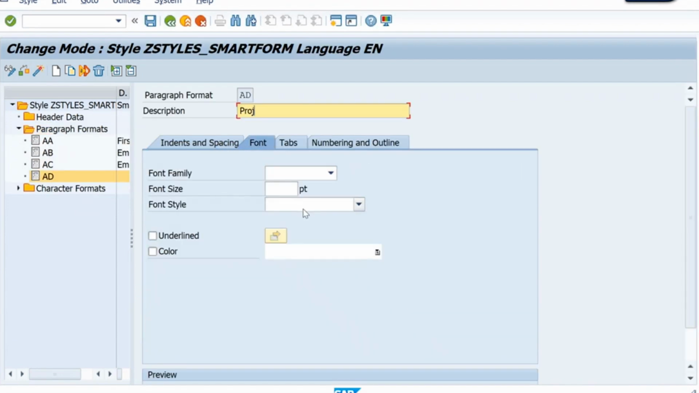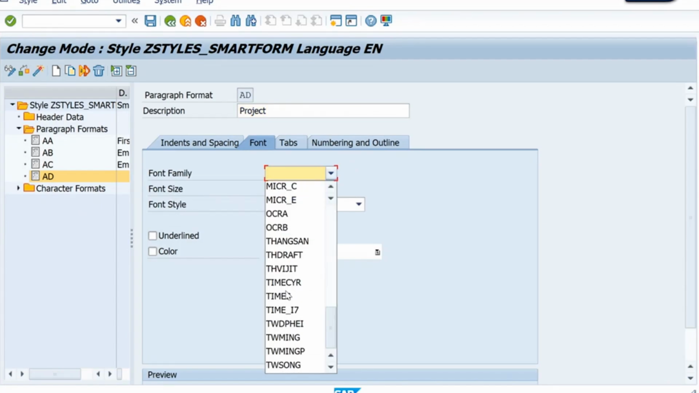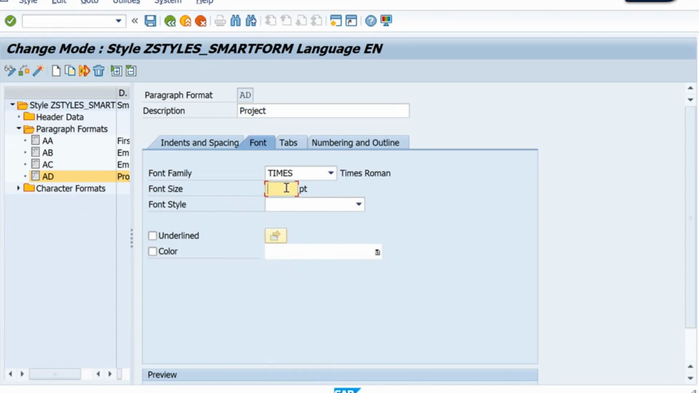for item. So project font family, I will give again my one, 25, bold and italic, and this should be brown, right? So activation,